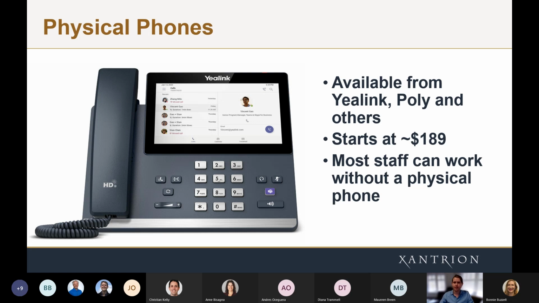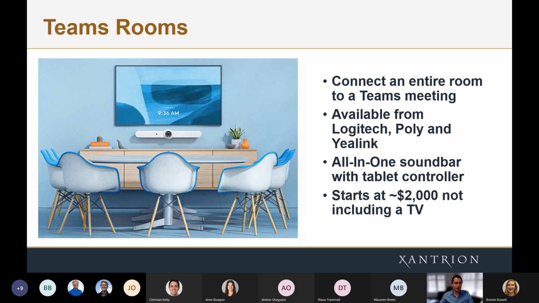So keeping along the same theme of hardware, I wanted to talk about a new, emerging technology called Teams Rooms. So Microsoft Teams Rooms are set to replace the old conference phone that just sits in the middle of your table. Instead of having a conference room with a phone in the middle of the table with everybody just kind of being vaguely far away, this really brings the entire room together with the audience.